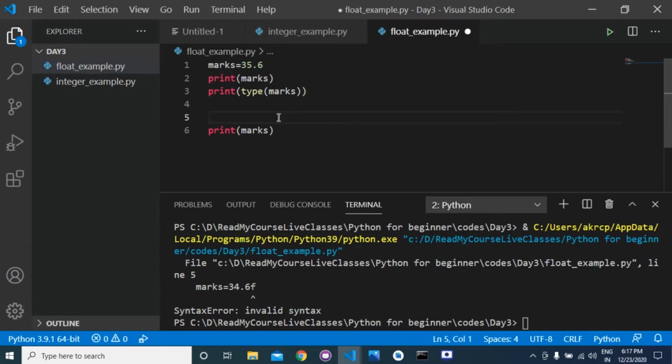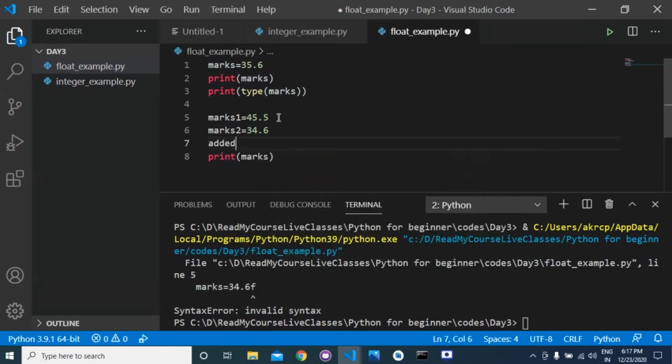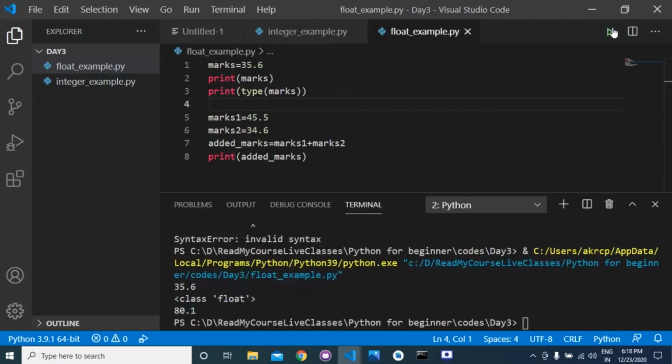So similarly in case of integer, the addition and subtraction can be done in case of float. So suppose that we have marks1 is equal to 45.5, and marks2 is equal to 34.6, and if you want to add these, added marks is equal to marks1 plus marks2, and if you print this, then you will get 80.1.